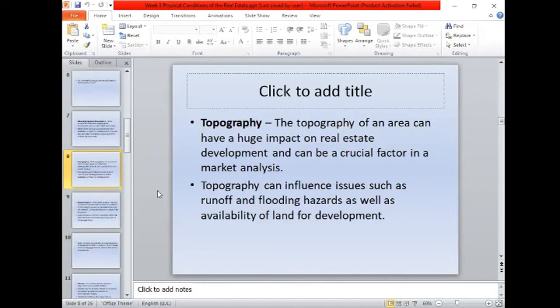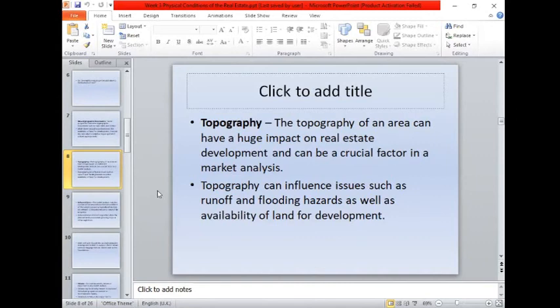For example, if you sell a property or develop a property in an area which is very vulnerable, well, of course, perhaps the value of this property may not be as high. Okay, that's why we also study before we develop a property or sell a land or a property. If it is available for development, we must consider the surface of the land, and whether the land is used for residential, commercial, or agricultural use.